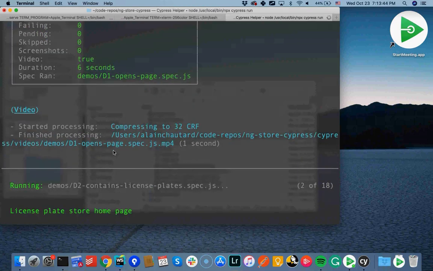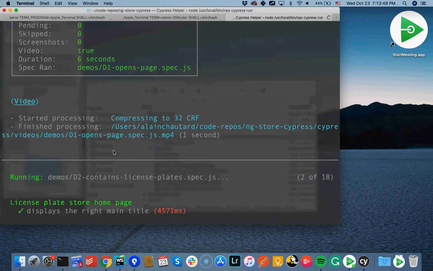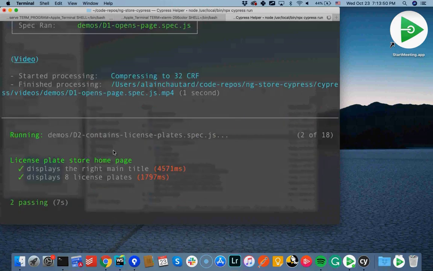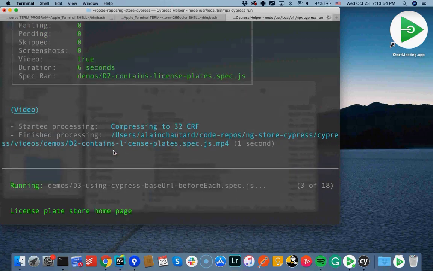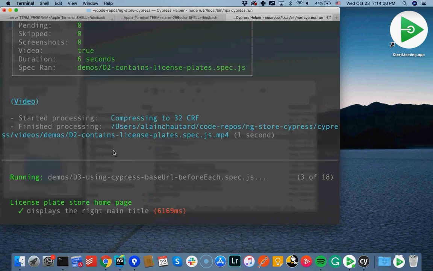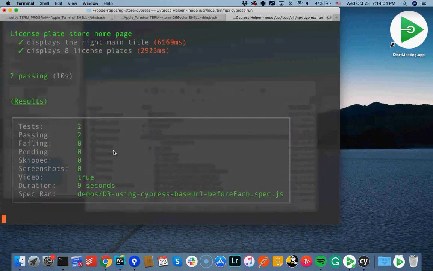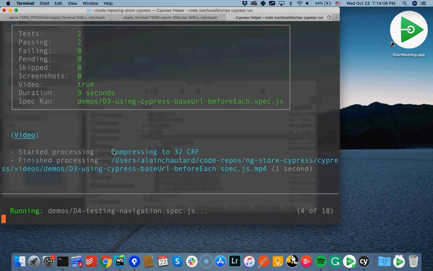So it's running the same test, and when it's done, it creates a video recording of it. So that if something fails, after the fact, I can go back and watch the video and see what was wrong. So that's pretty good. Because now you can have this running in the background or on a continuous integration server. Oh, it fails. Let's go watch the video. Oh, yeah, I forgot to do this or that, and you can fix it.